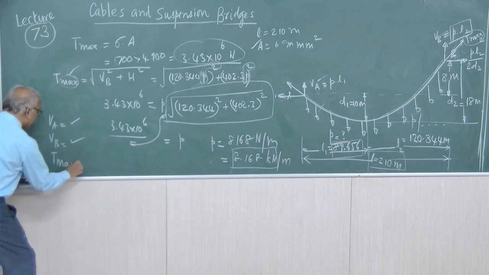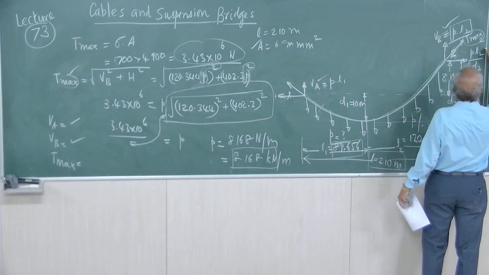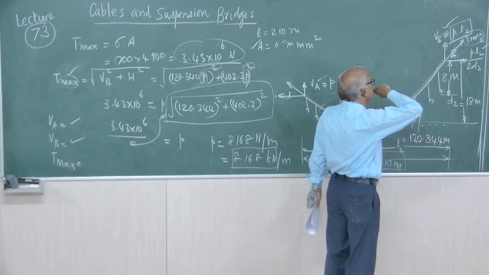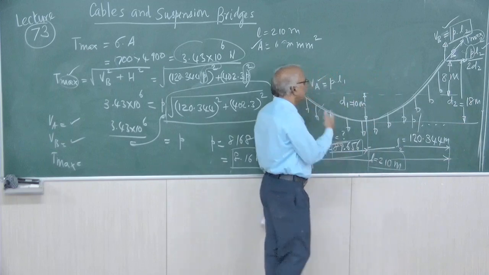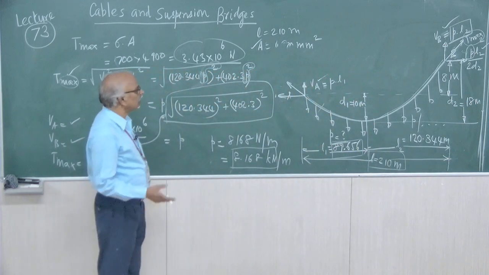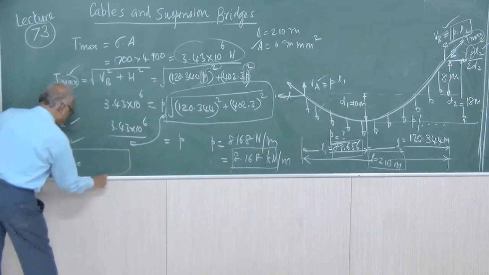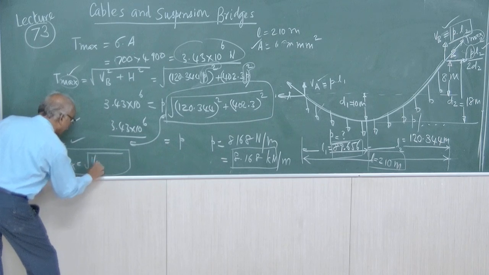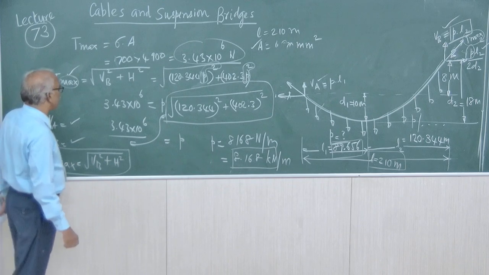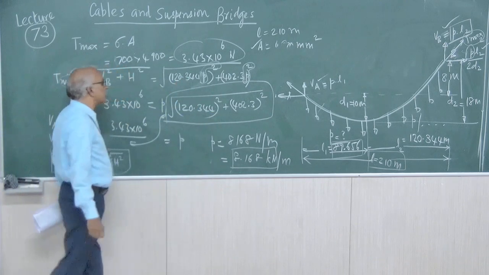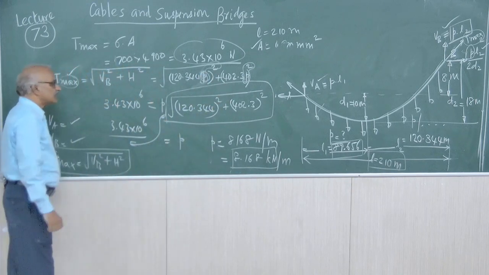T max equal to root of VB square plus H square, because once we find out the value of P, we can find out the value of VB or H also. H also we can find out. So VB is known, H is known, we can find out the value of T max. T max equal to root of VB square plus H square. That we can find out. Or in this formula we can substitute and find out the value of T max, because P is known, 8.168. So coming to minimum tension,